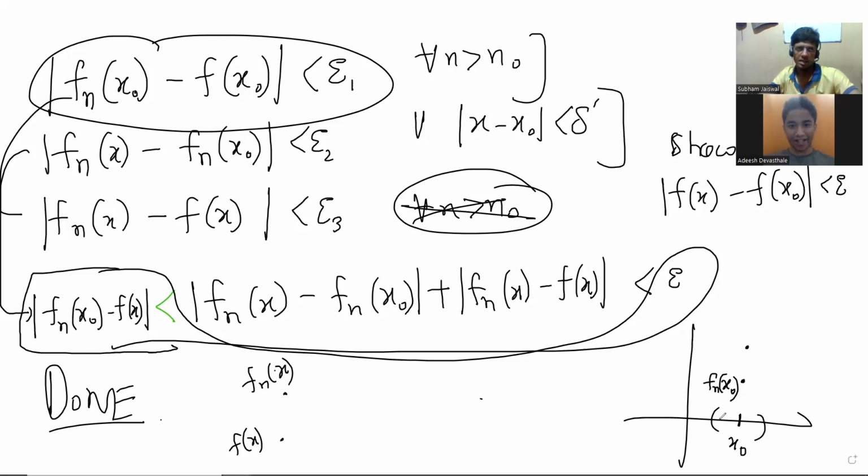Yes, because it will be defined at f of x naught. It will be equal to f of x naught in that case. Then there is no problem. But if it does not intersect at all, if it does not exist, then